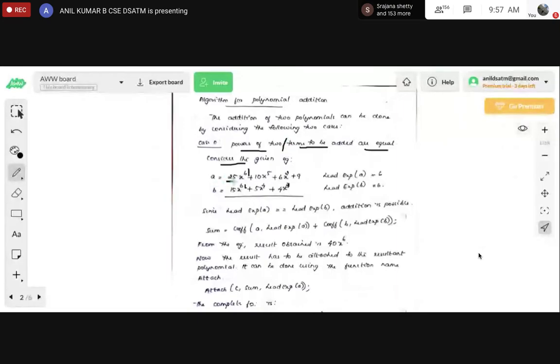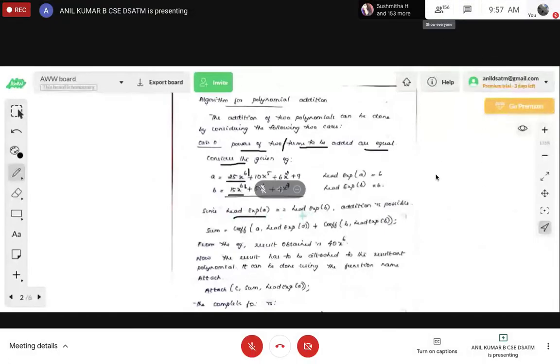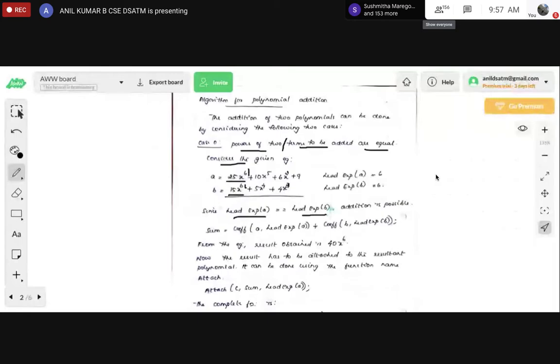So this entire thing, 25x power 6 and 15x power 6, we call it one complete term. The powers of the terms that we have to add should be equal. So since lead exp of a is equal to lead exp of b, that is, the exponent of a and the exponent of b are equal, addition is possible.